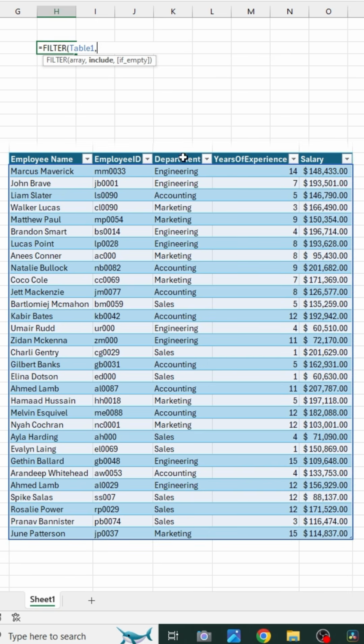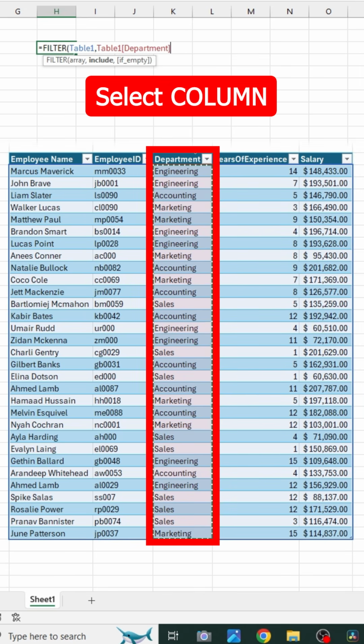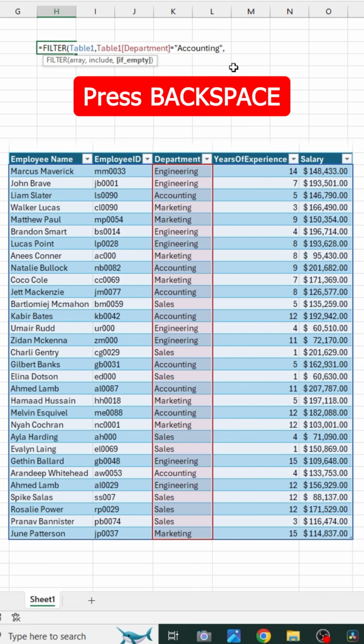Well, in our case, we want to filter the department column, so I'll go ahead and select the department column, and then we'll say it's equal to "accounting" in quotes so that it only takes the accountants into consideration and filters everything out. I'll type another comma. You can specify what you want to display in case the cell is empty. I'll go ahead and just leave it alone by pressing a backspace,